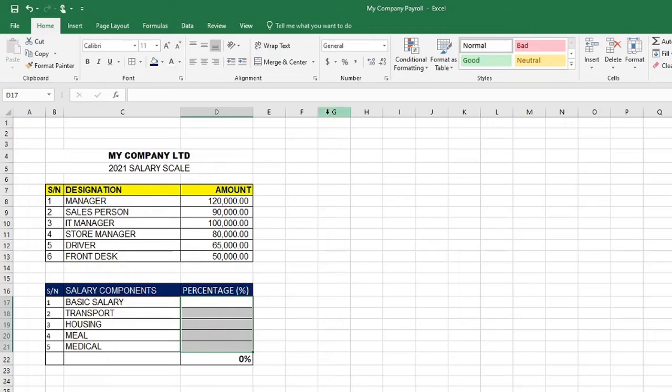Like now, I don't have any value in the other cells. I'll just format them to percent, like so. Then I can now apply the number. As you can see, the percent is showing the moment I enter the figure and press enter. That is one way I discovered how to